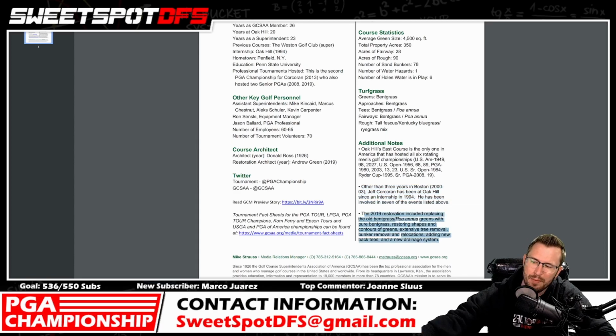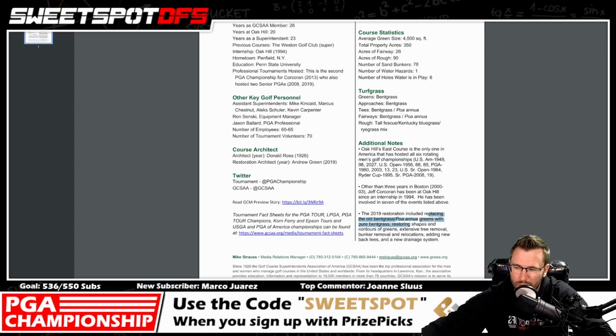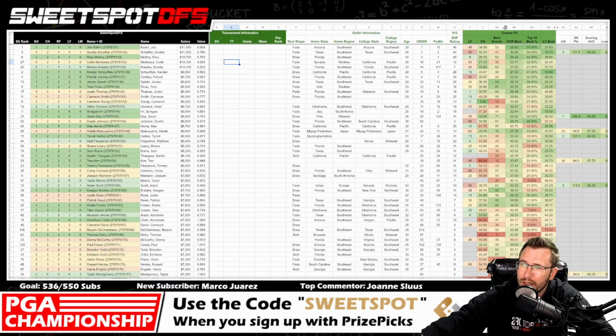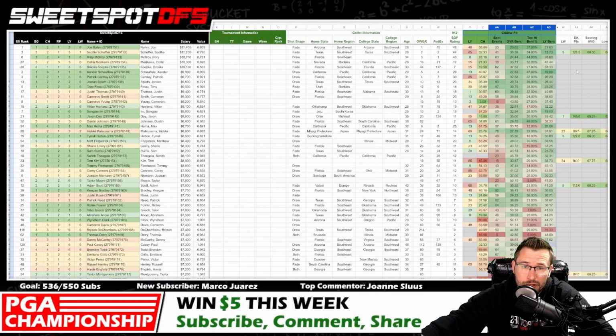This one, though, maybe. You can see that replacing the old bentgrass POA greens with just pure bentgrass gives you more validation to use bentgrass for your grass stat. And of course, on the cheat sheet that I have, bentgrass stats. Mine goes by average finishing position. Like I had said, at the minimum, I think that's a good place to start,